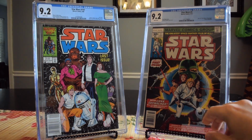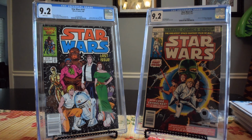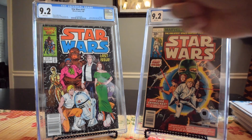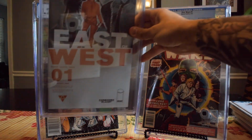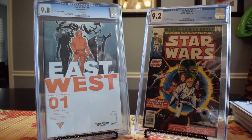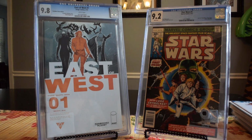CGC 9.2 Star Wars #107. These are actually the only 2 books in the series that I own. So I own #1 and 107, which is the beginning and the end of this series, and I guess I'll try to start filling in the middle here in the future. And then the last book I picked up was East of West #1, the Forbidden Planet variant, CGC 9.8. This is probably my favorite variant cover of East of West, because it's got good old Death there in the center,